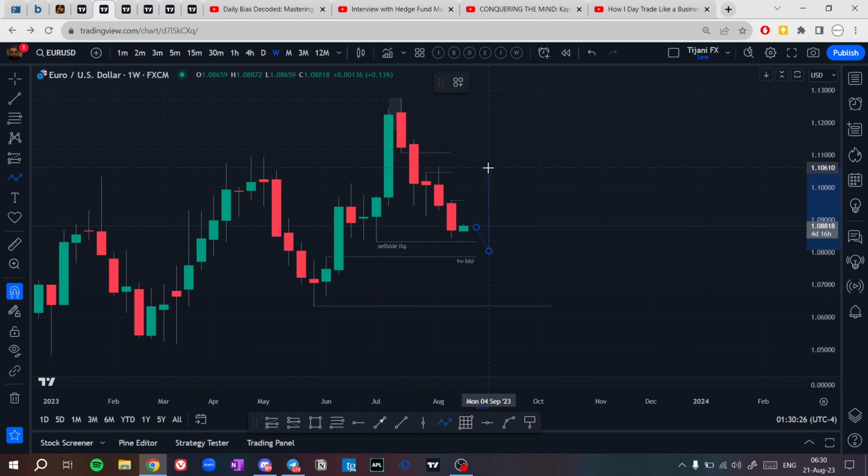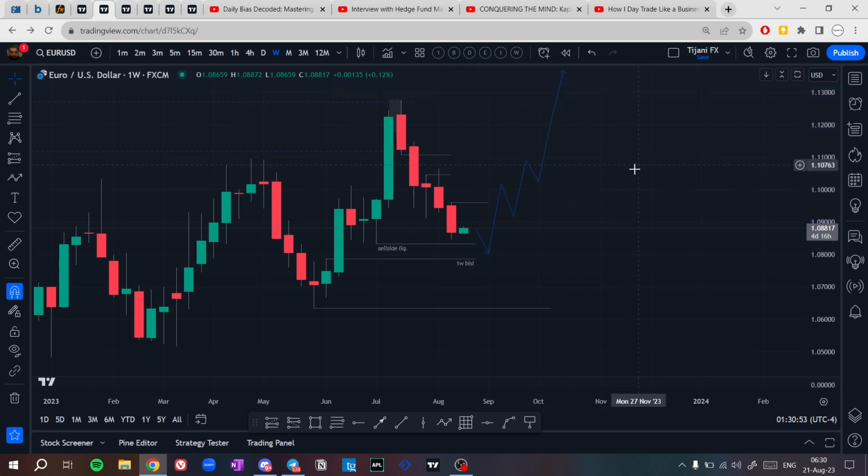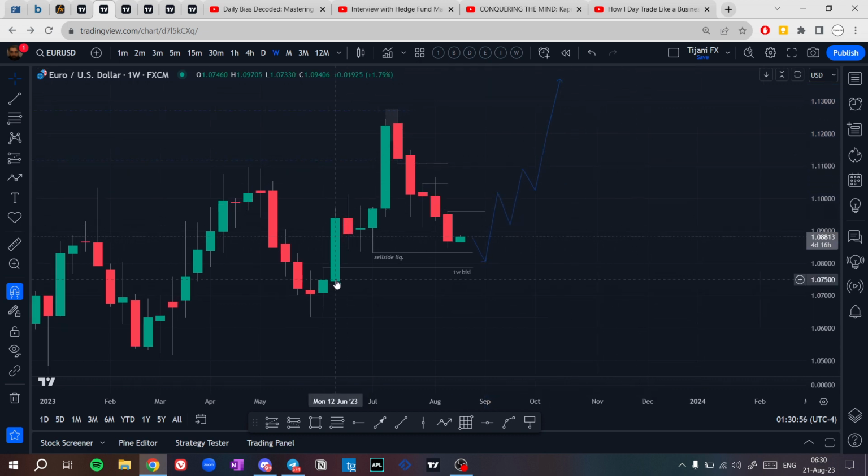But if price closes above this high here, if price fills this low, then closes above this high, we could have a shift in the marketplace for us to continue higher, or at least to fill this weekly BC. Then we're going to see either if price is going to break market structure to drop lower, or maybe price is just going to continue higher, right? As price could have just retraced to the discount range to continue higher.